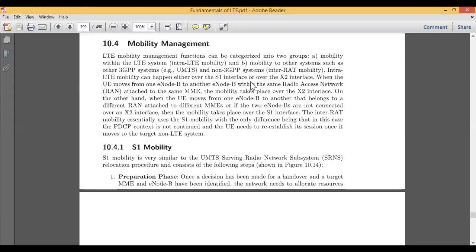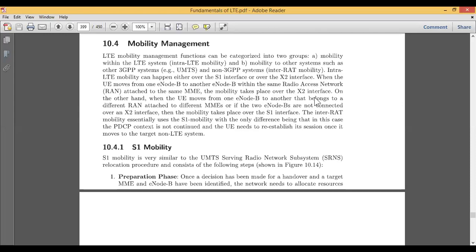Whenever your user equipment, or simply a mobile unit, moves from one node to another within the same radio access, and that radio access is attached to the same mobility management entity, then the mobility takes place over the X2 interface.